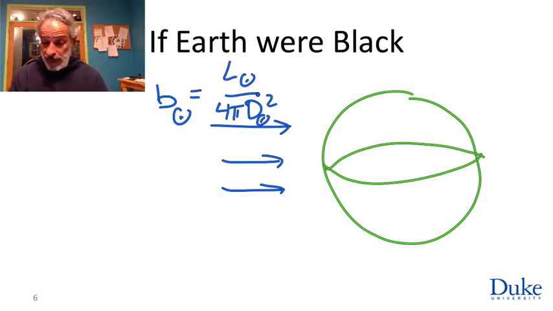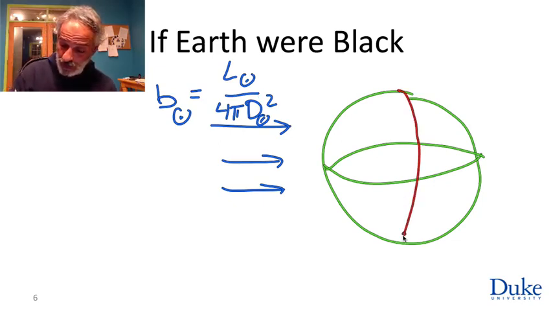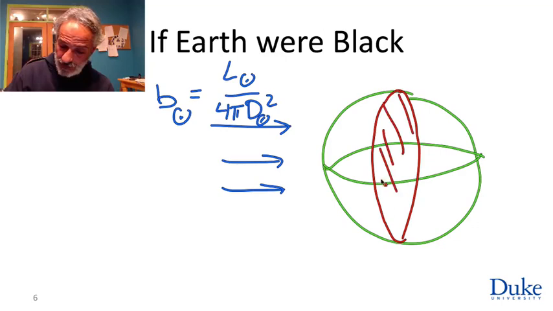Now, how much of this light does the Earth absorb? Well, it's clear that only half of the Earth at any given time is absorbing any light at all, because the right half of the Earth is not absorbing anything. But it's also true that radiation is not uniformly absorbed; it depends on where you are on Earth. In this equinoctial configuration, light is absorbed most efficiently at the equator, and this is easiest to understand by realizing